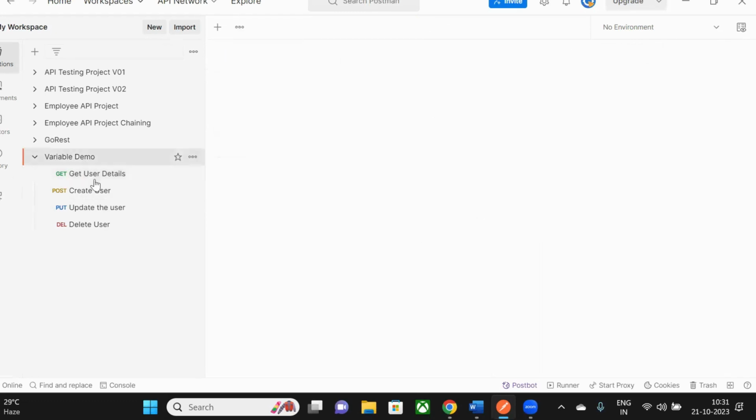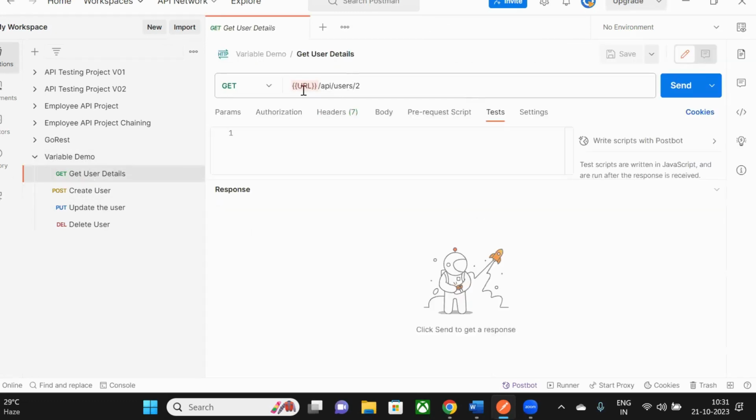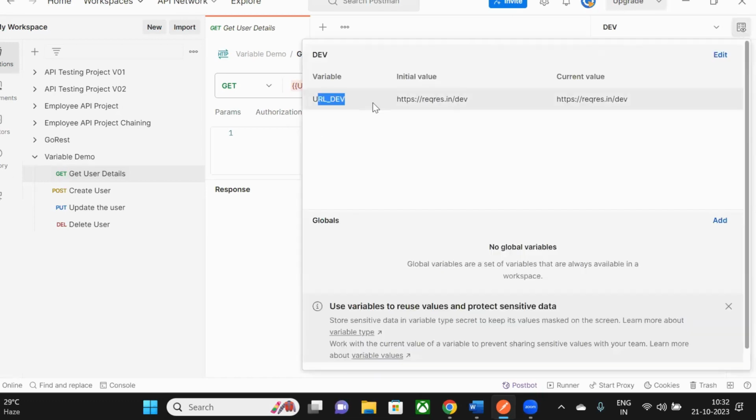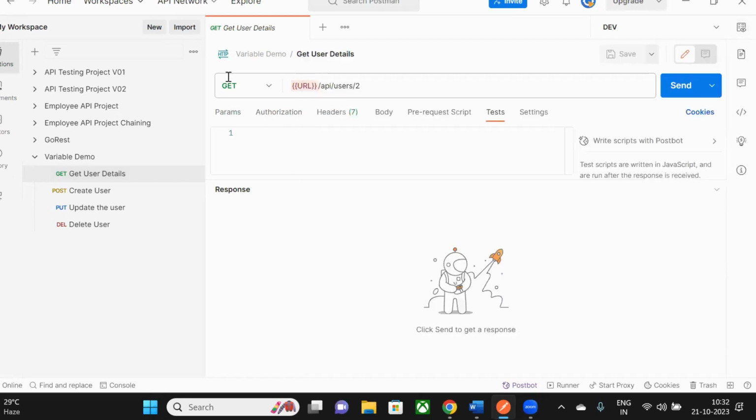So now just go to the section over here and see, as of now, it's not getting what we mean by this URL, because we have just deleted the global variable, and Postman does not know what variable we are referring to in the URL section. So to get this, we just have to switch to the environment. In the dev environment, we have defined the variable, right? URL dev. So just switch to that environment, and now